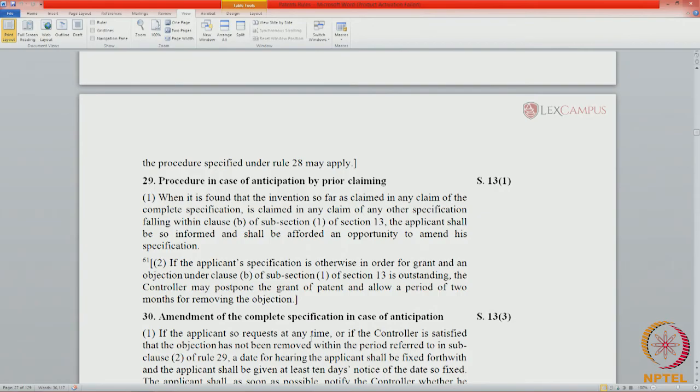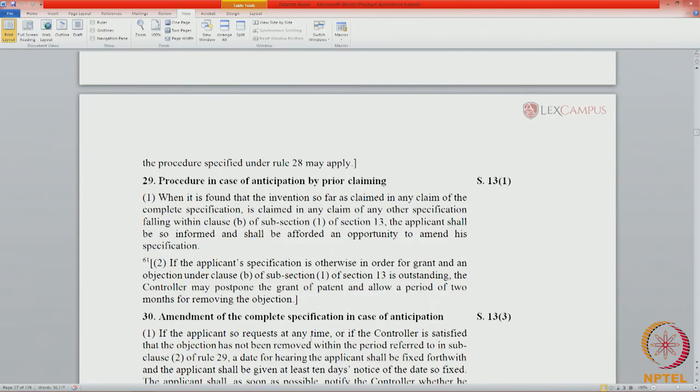Okay. So, when there is an outstanding objection, we understand this as: it is otherwise ready for a grant, but a 13(1)(b) objection is outstanding. The controller will postpone the grant and give a period of 2 months for removing the objection.